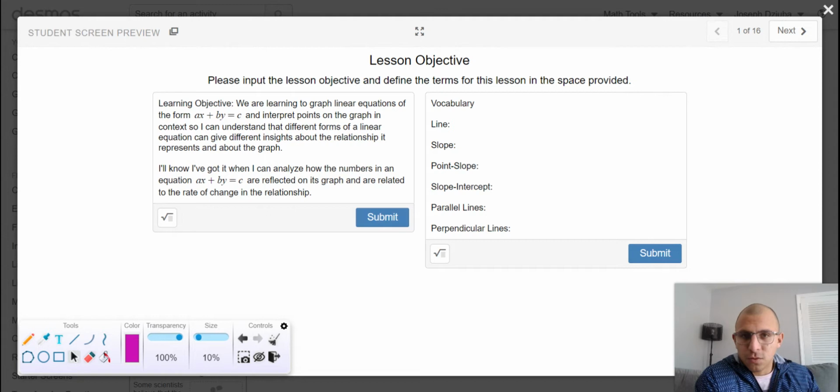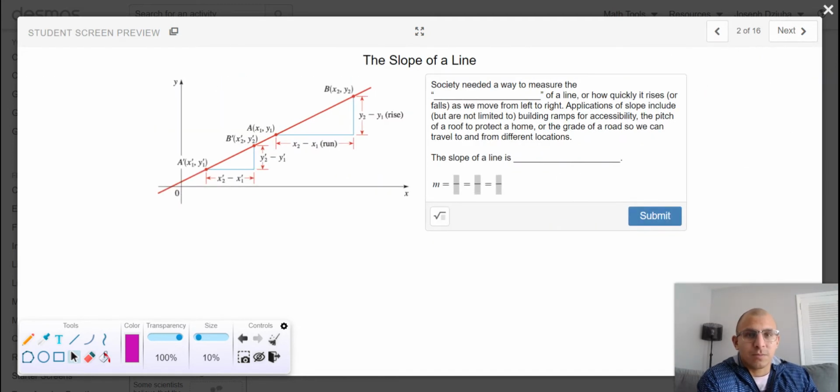Our learning objective for today's video content includes we are learning to graph linear equations of the form ax plus by equals c and interpret points on the graph in context so I can understand that different forms of a linear equation can give different insights about the relationship it represents and about the graph. I'll know I've got it when I can analyze how the numbers in an equation ax plus by equals c are reflected on its graph and are related to the rate of change in the relationship. We have some vocabulary words over here that you are to define. And let's jump into